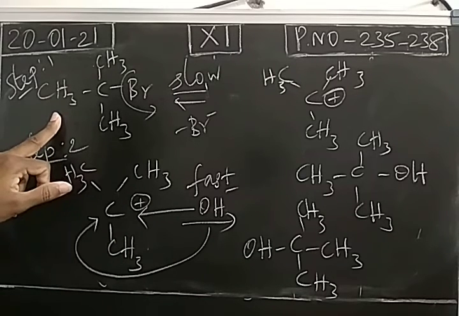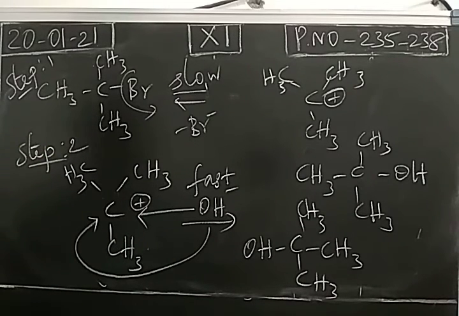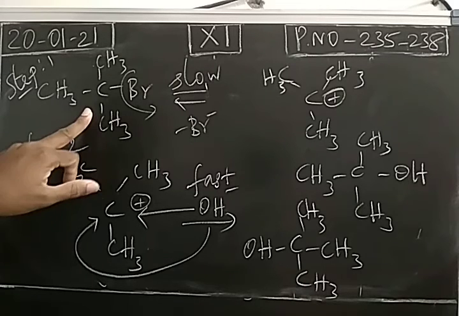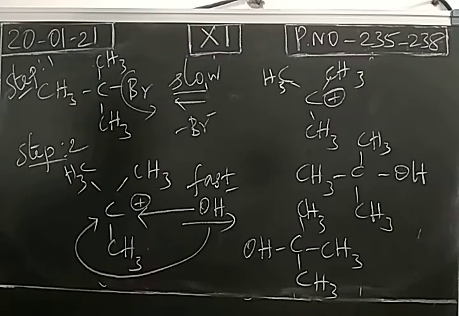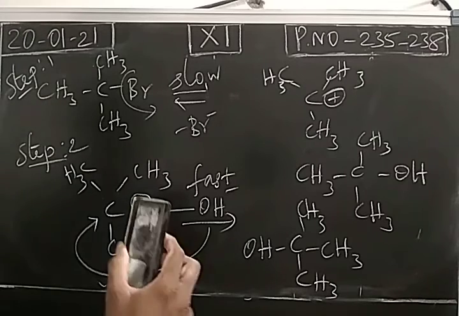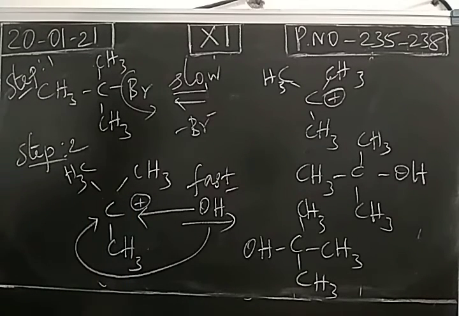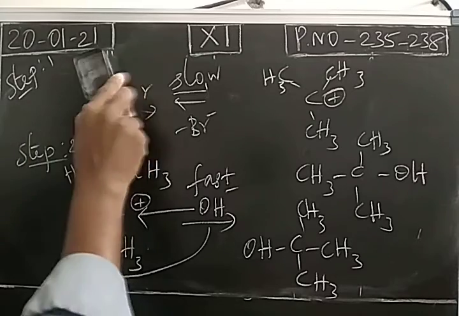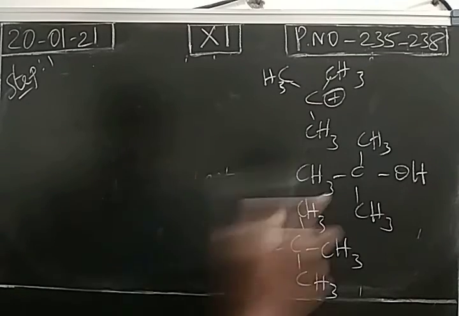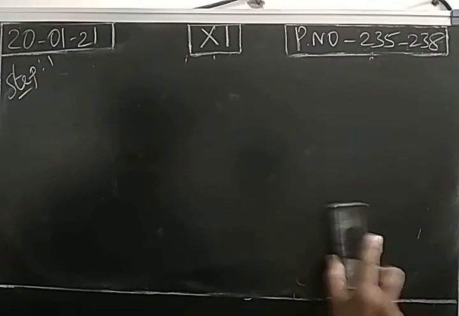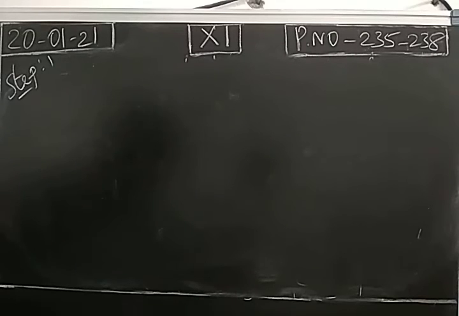Optically inactive reactant means the product will be optically inactive, no issues. If you have an optically active reactant, the product will be 50% retention of configuration, 50% inversion of configuration. So we will get a racemic mixture. Example is